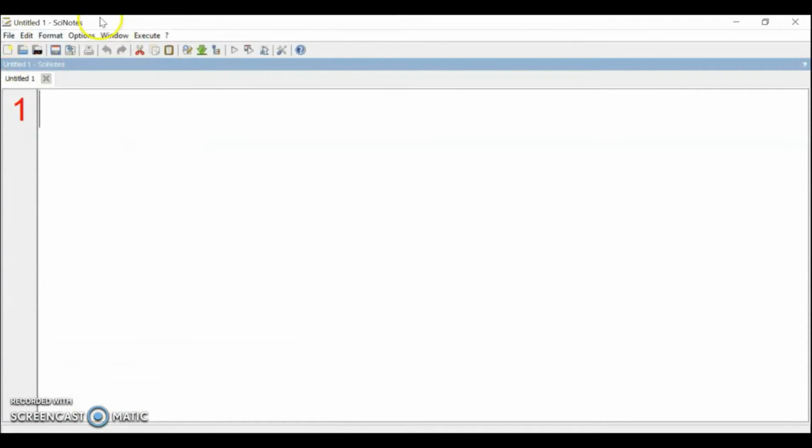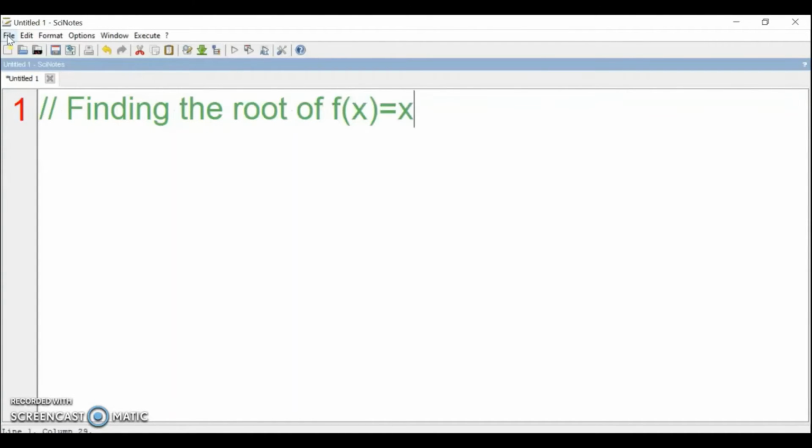So I need to open my Synode here. Okay, this is my Synode. So let's write a command for finding the root of f(x) equals x squared minus exponent negative x. Okay, so once we know what we want to do, first of all,